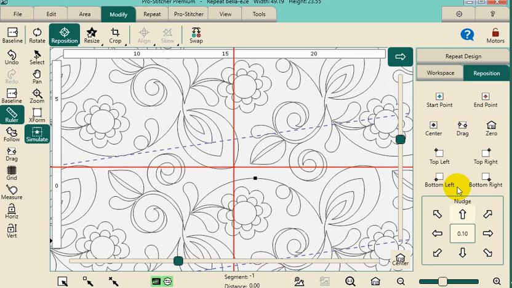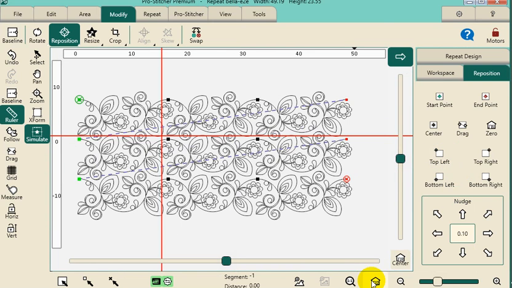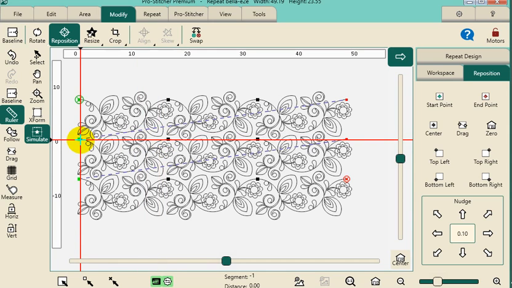I'll go ahead and set that as my start point. So I want to zoom out. So my quilting on the tablet is aligned with the quilting on my quilt top, and I will move back to this row,